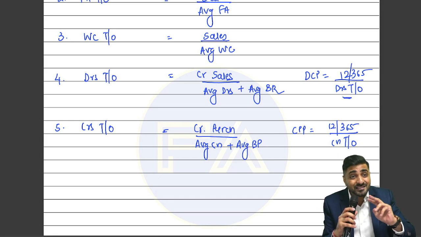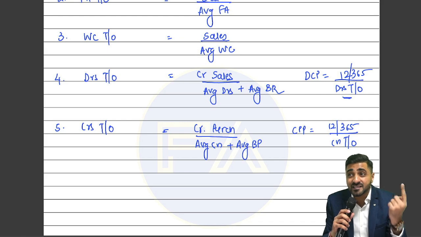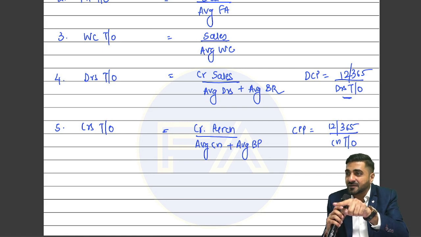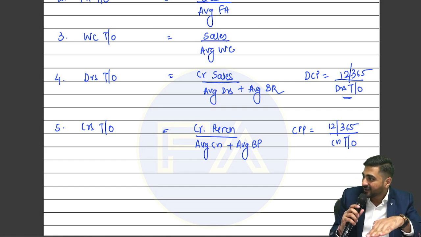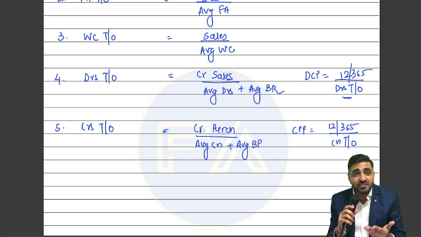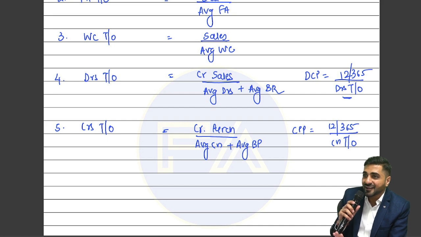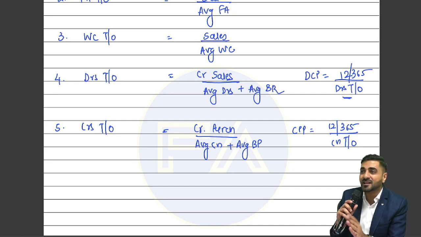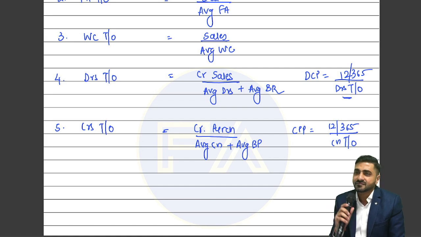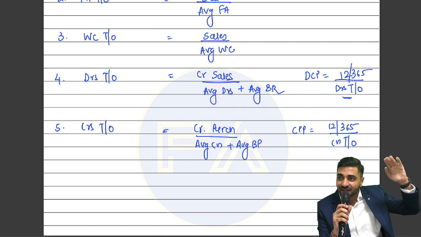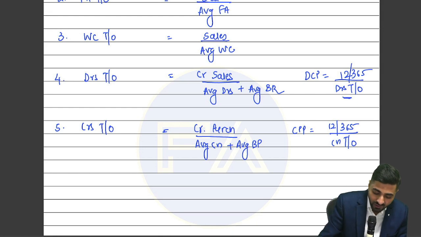And when it comes to selling the goods, you should always find customers who will pay you faster. So the debt collection period should always be lower. Debt collection period lower, and creditors payment period higher. So can I say creditors payment period should always be higher the better? Correct? So this is exactly reverse.